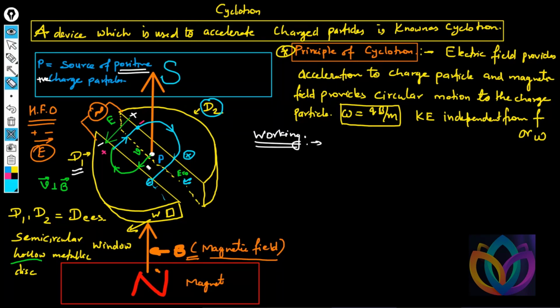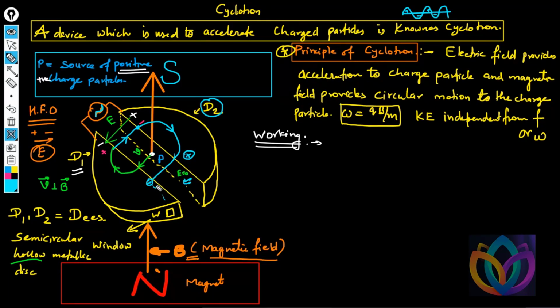Sir, can you explain why the polarity of D1 and D2 gets reversed? See, Krishna, here this is the oscillator. Oscillator means AC source. So AC source, what does it do? In an AC source, after half rotation the direction of current gets reversed. Are you getting my point? Plus, minus, like that. Okay? Yes, sir. That's why the polarity is changing.